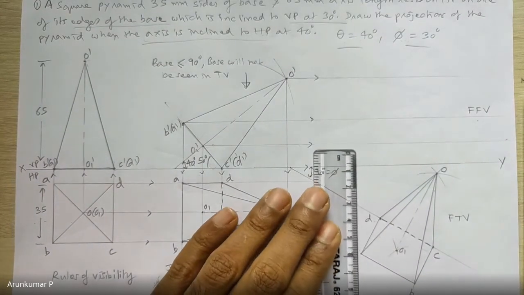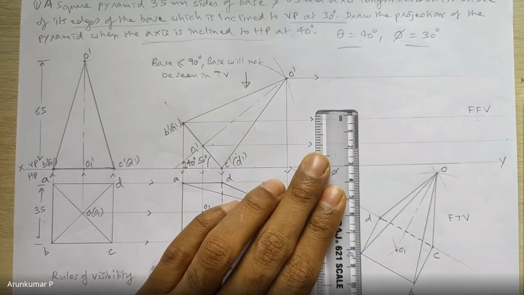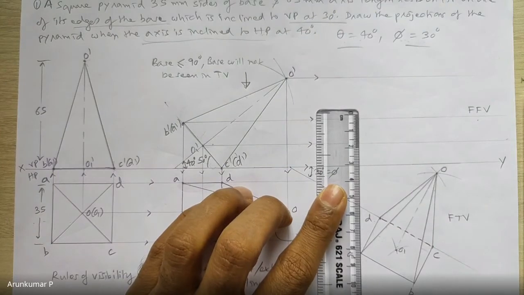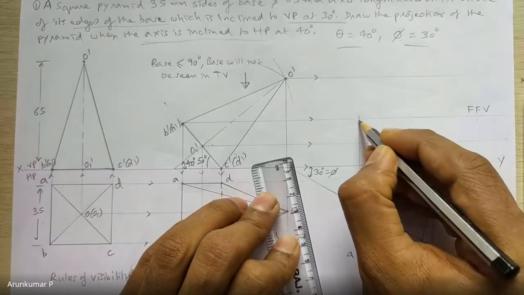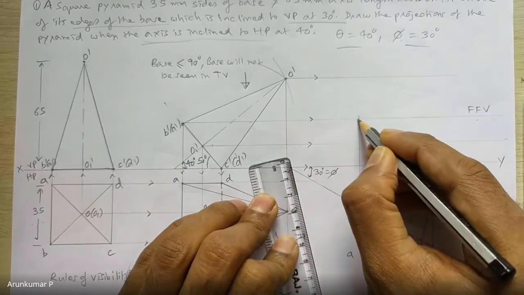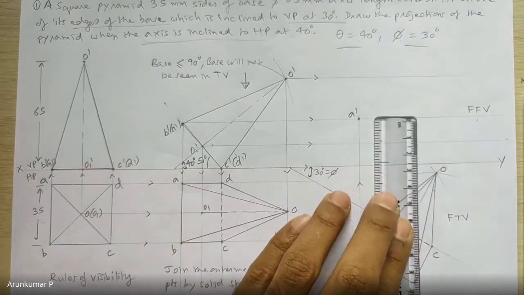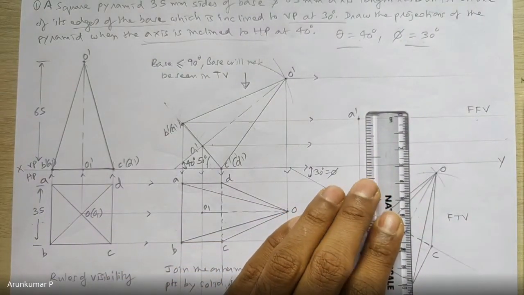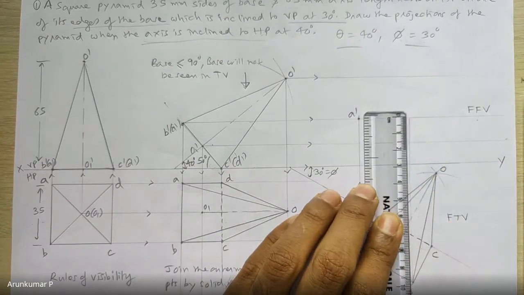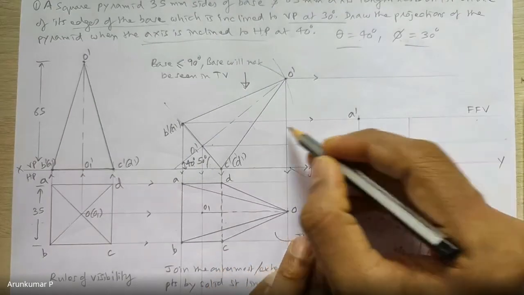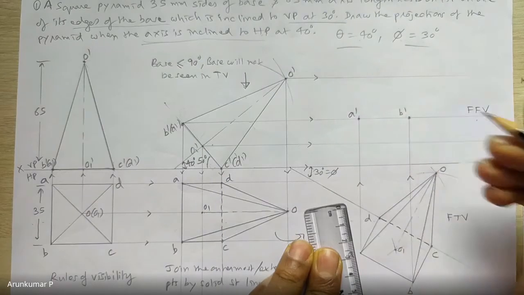For example, if you start with the base ABCD, first project A till the projector of A dash. You can see here, I'm going to project A till here. This is the projector of A dash. So this point is A dash. Similarly, B. I'll project till this point. Why? Because the projector of B dash is at the same level. So this point would be B dash.